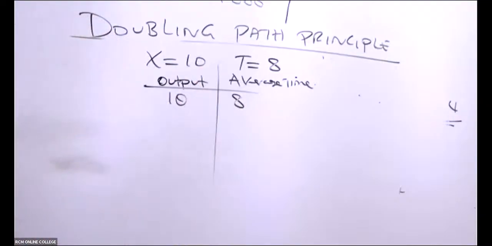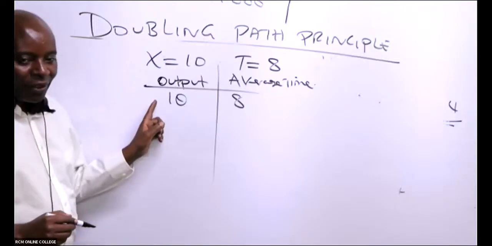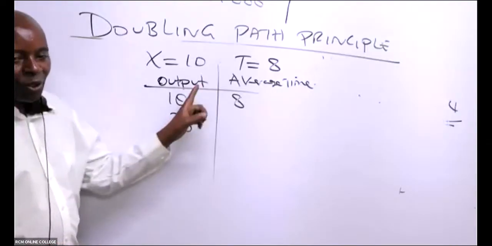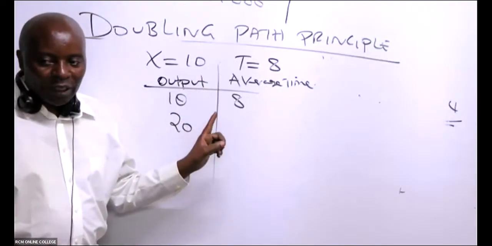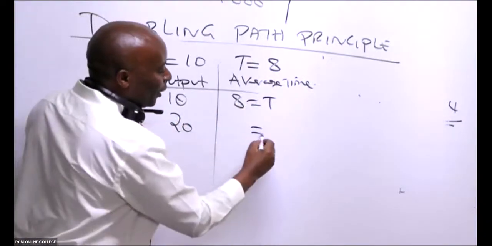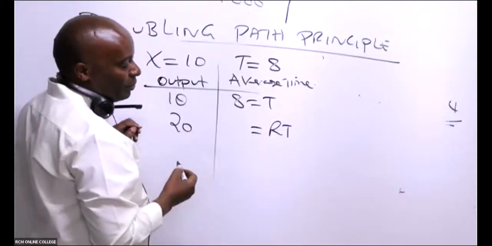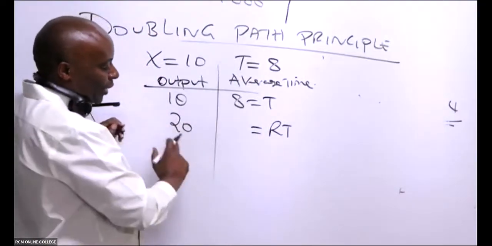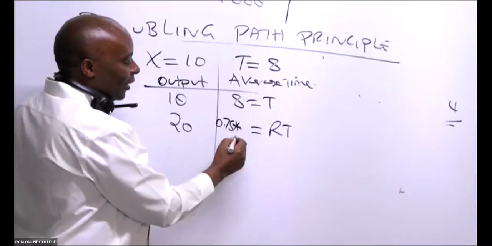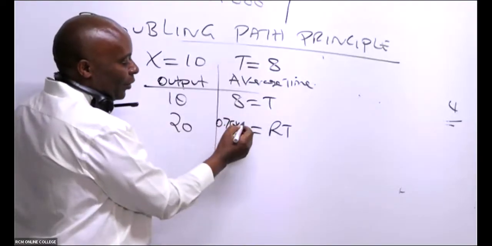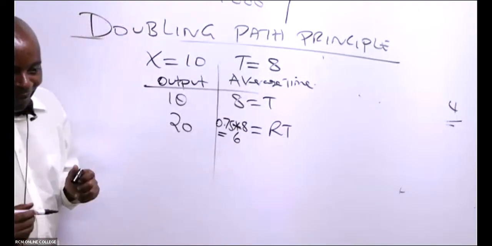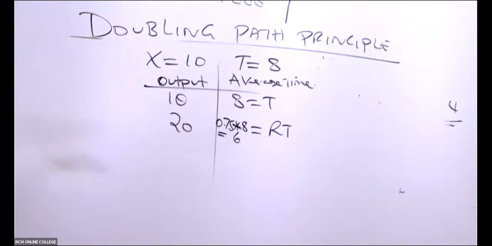8. So see, double. When you double 10, you get how many? 20. So when we double output, what happens to average time? Do you want us to double it as well? No, it reduces from T to what here, somebody? To RT. So the time for 20 here will be R, and R is 0.75, isn't it, times the T. T, which is what here, somebody? Are you able to see how that Lee General got the 6? So did he deserve the 500 bob? He deserved it, yes.